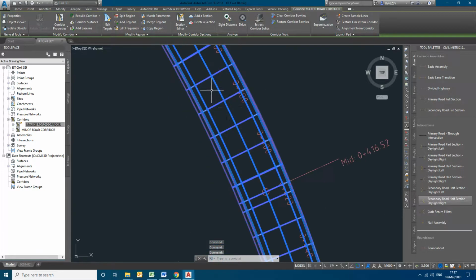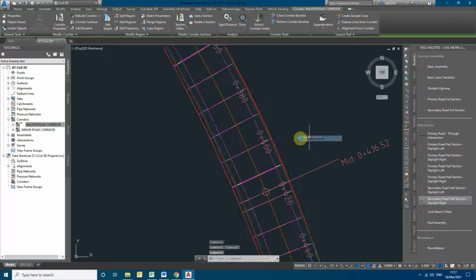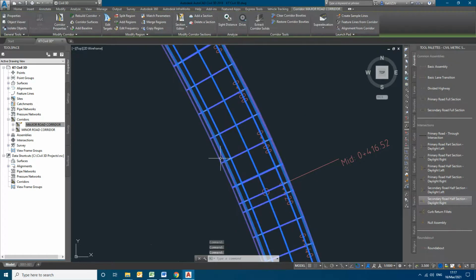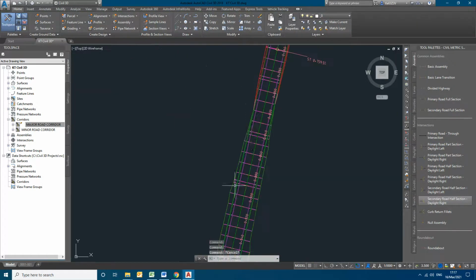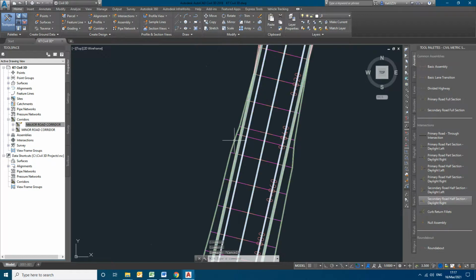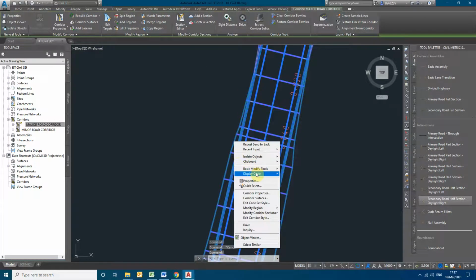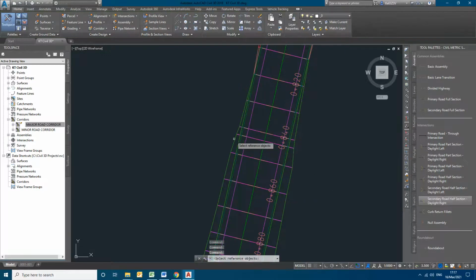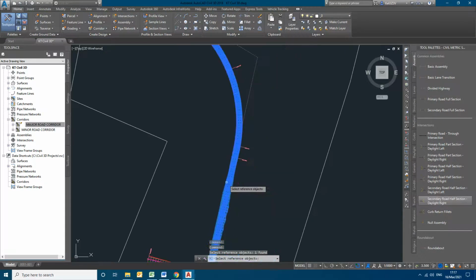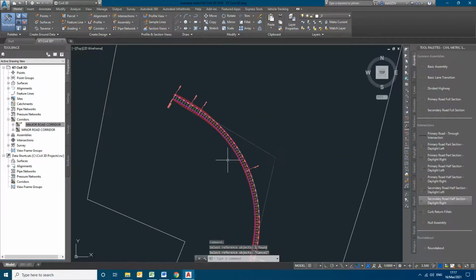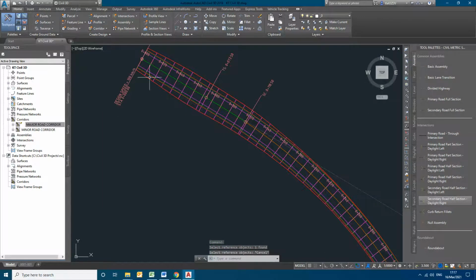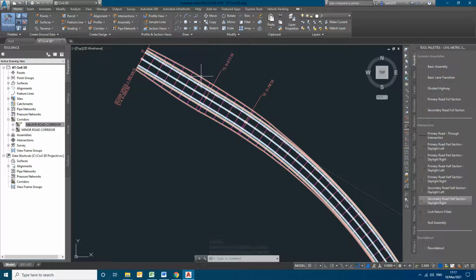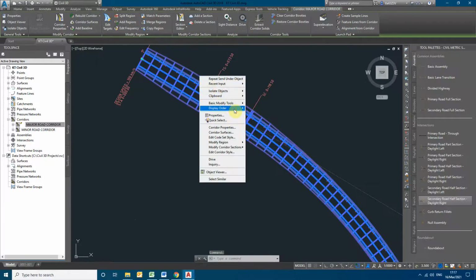So this is the corridor, whereas the boundary line will be formed around the corridor up to this line. Around the corridor, the boundary line will be formed. For some reason I am not able to select.